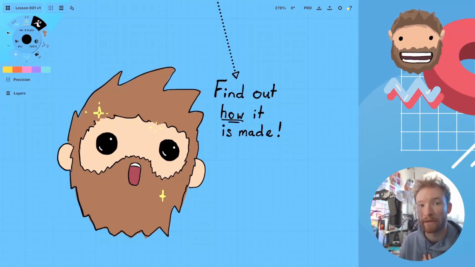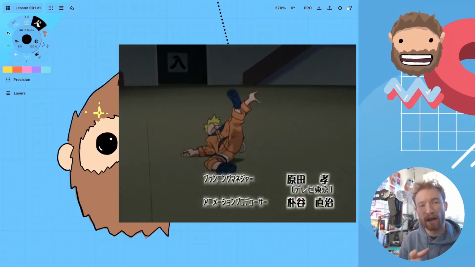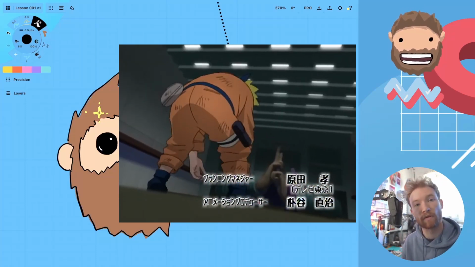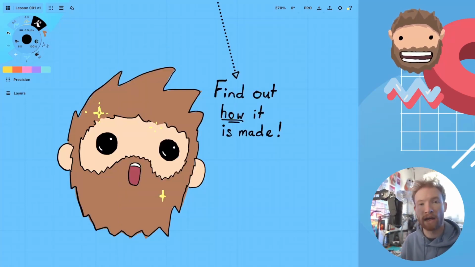Speaking personally, for one thing which I did and found inspiring, I loved the way that in certain anime, characters were able to catch their own weight. Like everything felt heavy in a particular sequence of shots that I saw from Naruto. And so I went and understood and learned about the physics of movement. I learned about center of mass. I learned about how inertia works, how momentum works, so that I could then illustrate those movements in a way that felt satisfying, because it was the satisfaction that caught me. So what is it that has caught your attention? What is it that you are going to learn about? Have a think after you've done these activities so that you can actually target something you're passionate about.